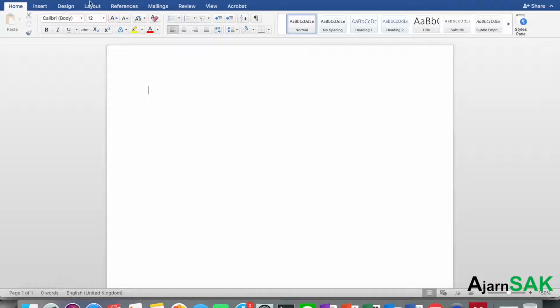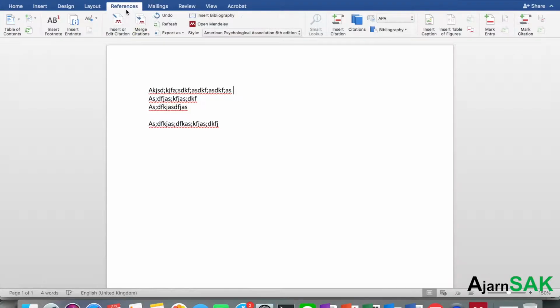I will show you how to include the references from Mendeley in an easy way. For example, you have some text, maybe like this. Not good. I don't know what to do. Okay, and you would like to put some reference in here. What you can do, you go to reference and insert or edit citation,